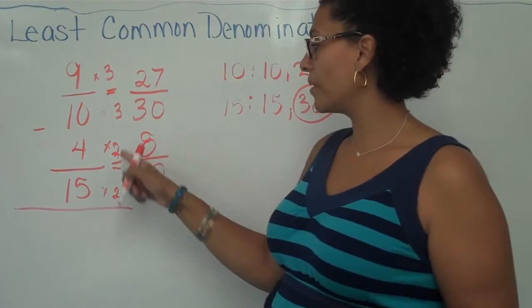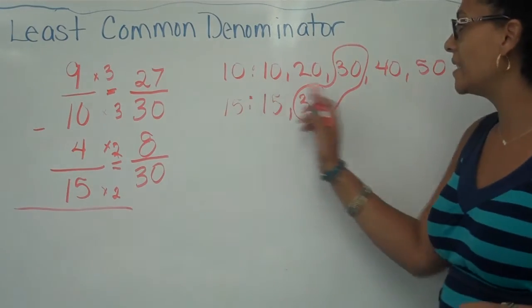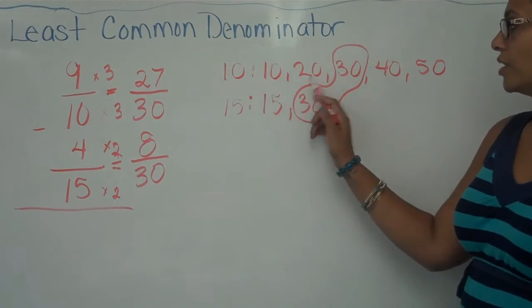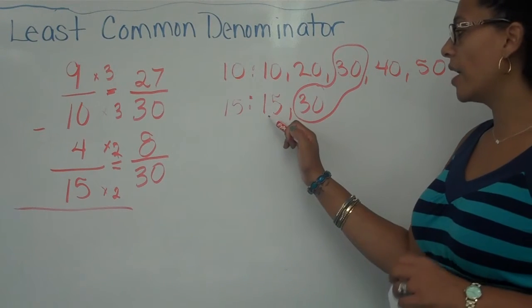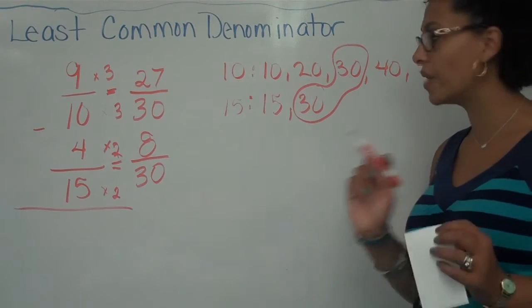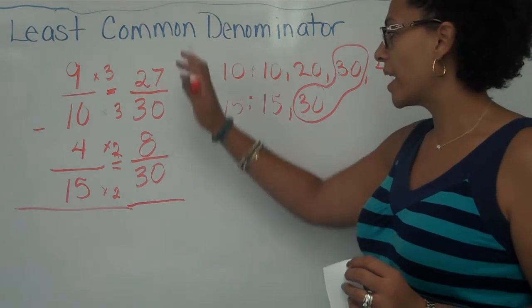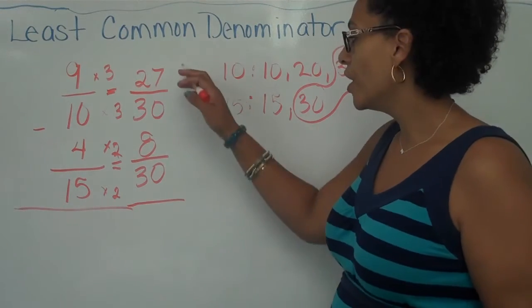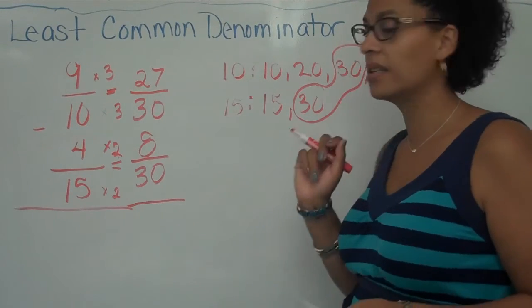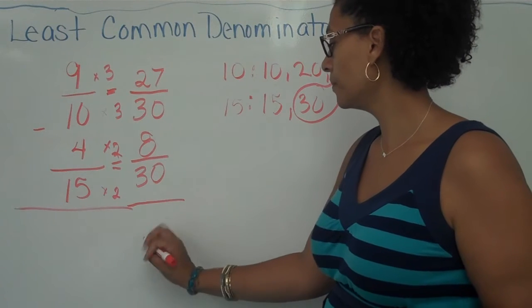Again, if we're not sure about this number, we can look back. 10 times what? 10 times 1, 2, 3. 10 times 3 gave me 30. 15 times what? 1, 2. 15 times 2 gave me 30. Now I have my common denominators. I made my equivalent fractions. Now I can simply subtract. 27 minus 8 is